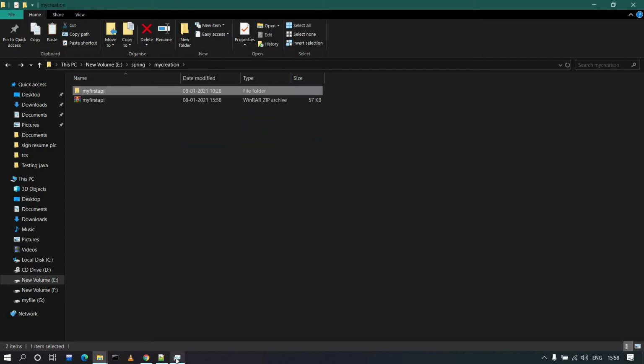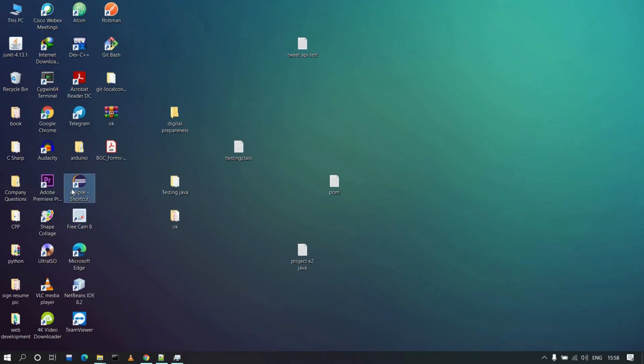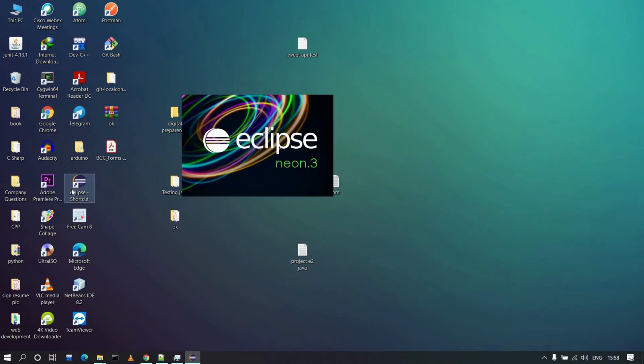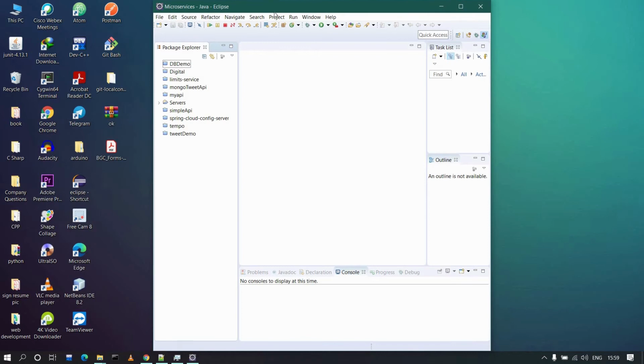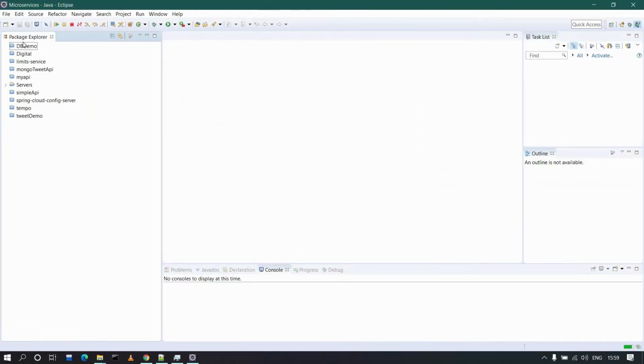Now you have to go to Eclipse IDE. Open your Eclipse IDE. To open the project you have downloaded, make sure that no project is running in the background.